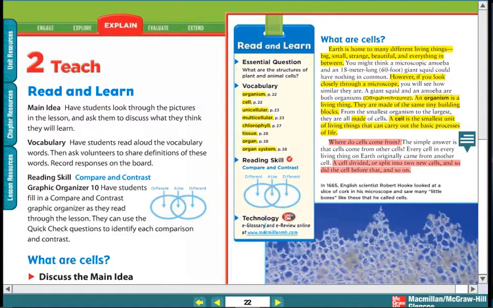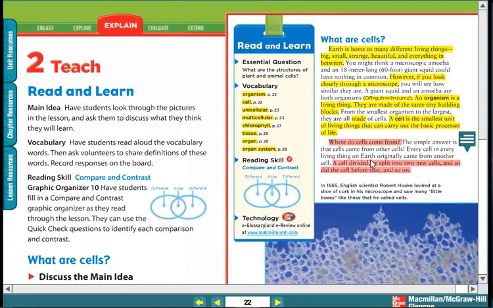Now we'll start. What are cells? You learned before about cells and organisms, and what is the difference between organism and living things. If we want to define an organism, we can say living things. An organism is a living thing, and the cell is the smallest unit of living things that can carry out the